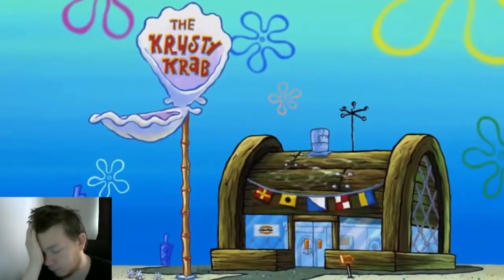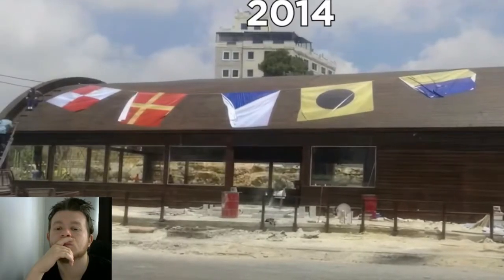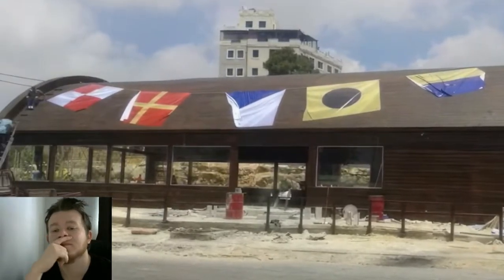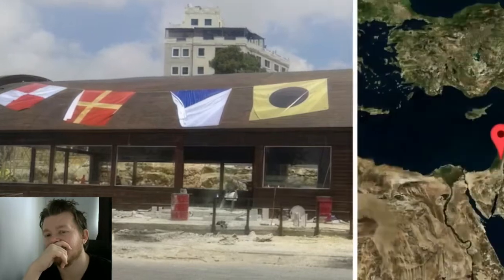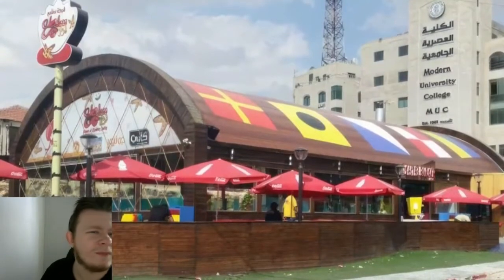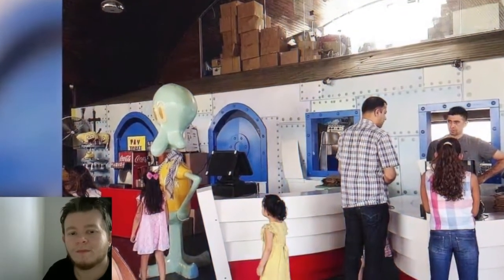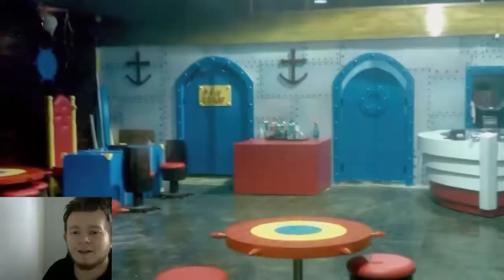SpongeBob's place of work is arguably just as iconic as his house, and in 2014 a group of restaurateurs decided to build a real-life version of the famous restaurant in Ramallah, Palestine. Just like its cartoon counterpart, the restaurant is modeled on a giant wooden crab trap that's decorated with nautical flags and a net on the window. Inside, the restaurant features all the maritime furniture seen in the show, boasting tables made out of...